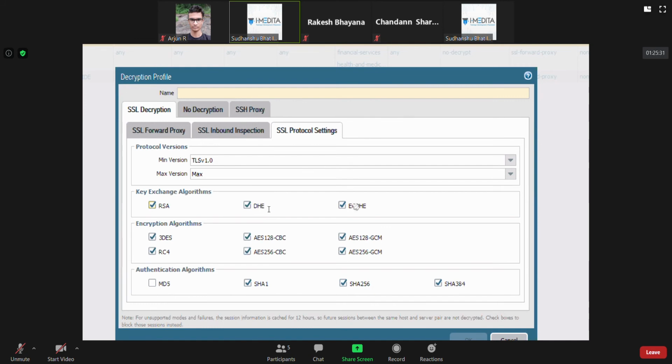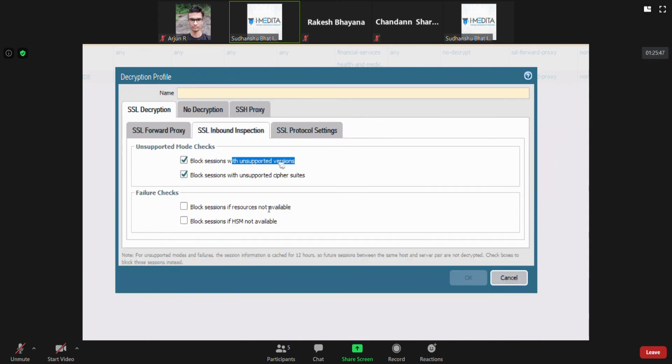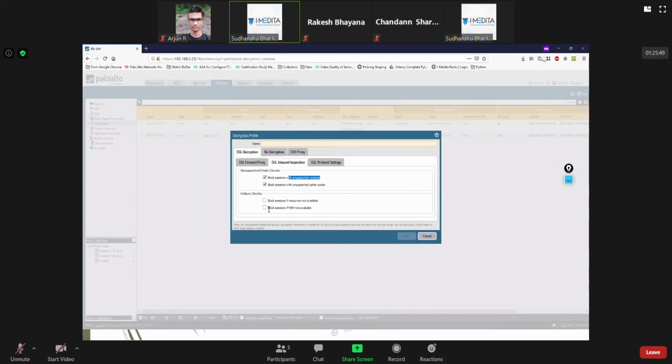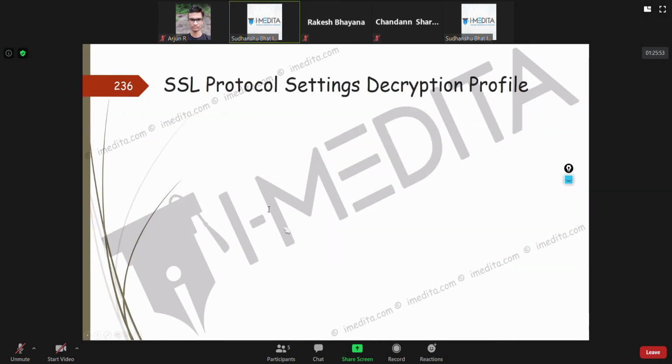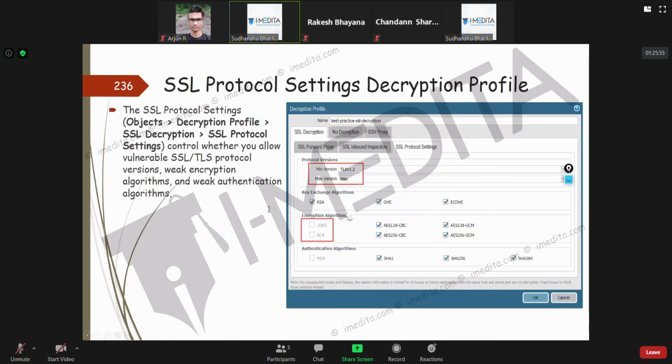Also, you can keep these checkboxes checked for which key exchange mechanisms are allowed, RSA, Diffie-Hellman, or ECDHE, which encryption algorithms are supported, and which authentication algorithms are supported.